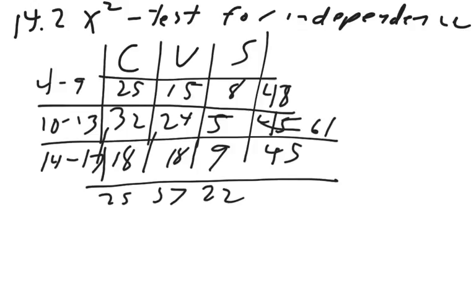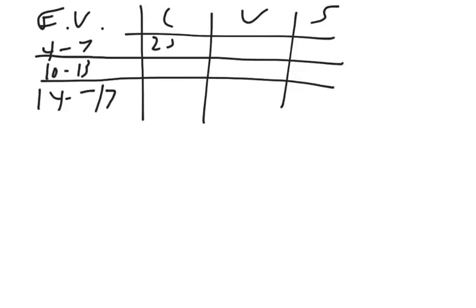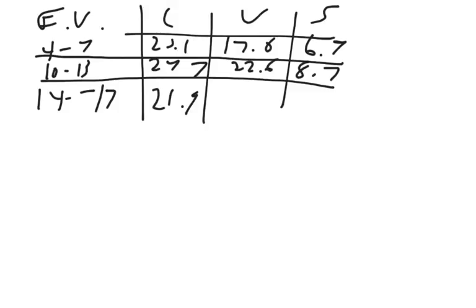The expected values were, for chocolate, vanilla, strawberry, and ages 4 to 9, 10 to 13, 14 to 17: we had 25.1, 17.8, and 6.9, 29.7, 22.6, and 8.7, and 21.9, 16.7, and